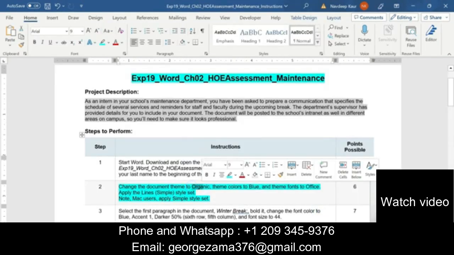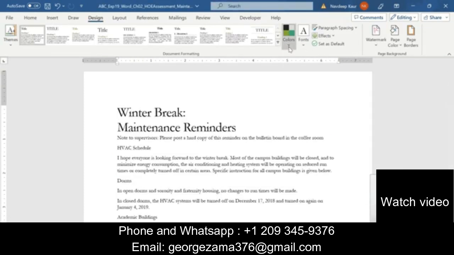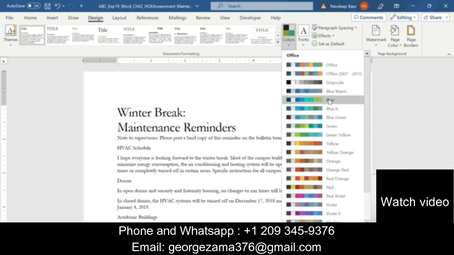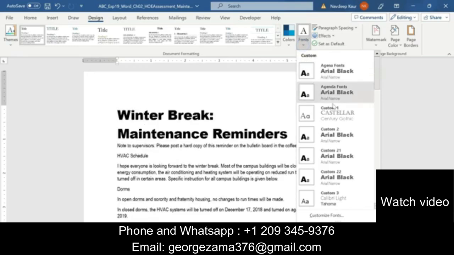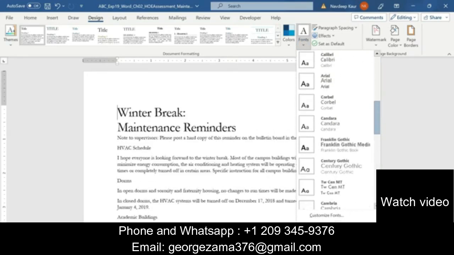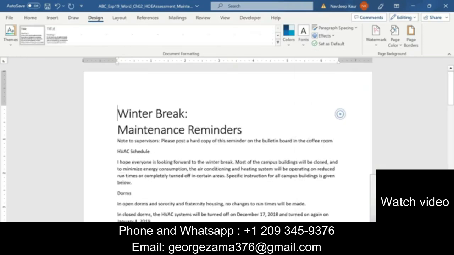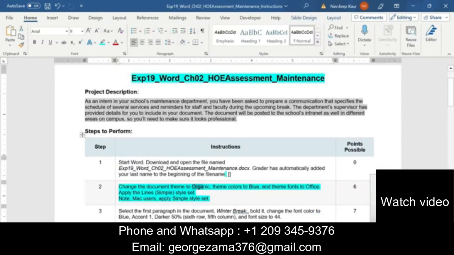Now theme colors to Blue and theme fonts to Office. We make the theme colors Blue, this one. And finally we make the theme fonts Office, this one. So I have changed the theme colors and theme fonts. The last thing in this step is to apply the Lines (Simple) style set.